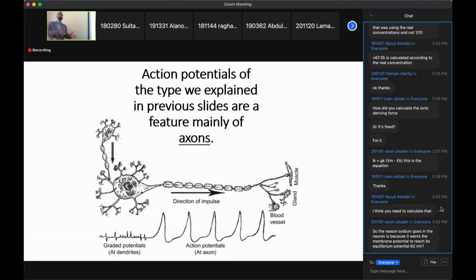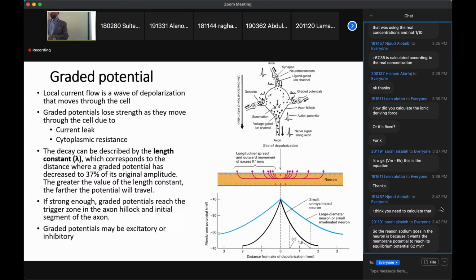Whereas graded potentials can add up to give rise to a bigger potential, which, if it was big enough, may depolarize the neuron, okay? So as you can see here, graded potential is a local current, as we said. So this is the cell body. It's receiving discharges from multiple inputs, okay? And if the discharges were big enough to take the membrane at the trigger zone to threshold, this will result in an action potential.